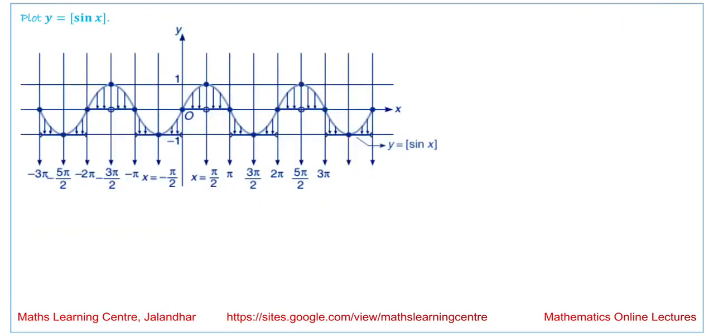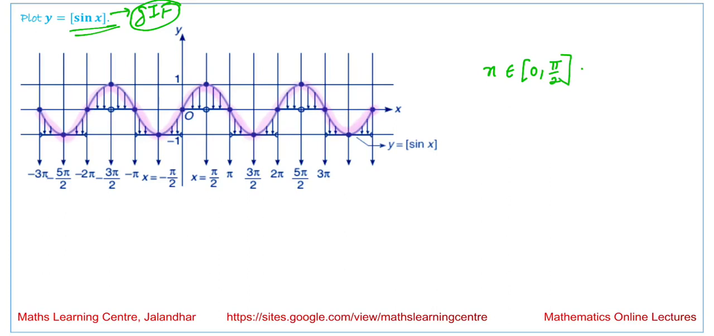Next we have to plot the graph of y is equal to the greatest integer of the function given to us. It is the greatest integer of sin x. So the graph of sin x, we know this is the graph of the function y is equal to sin x. Now we are talking about the greatest integer of sin x. If we look at the values, when x lies between 0 to pi by 2,